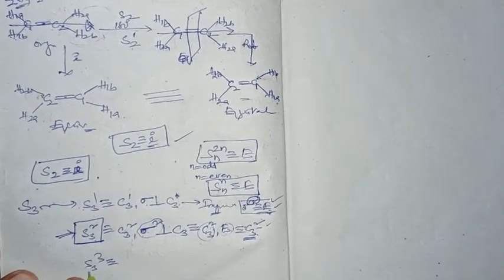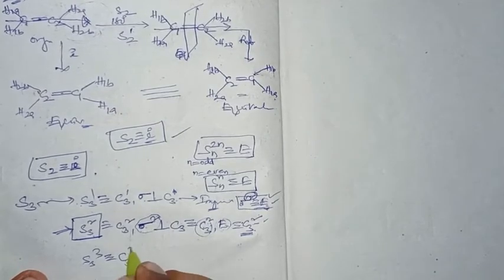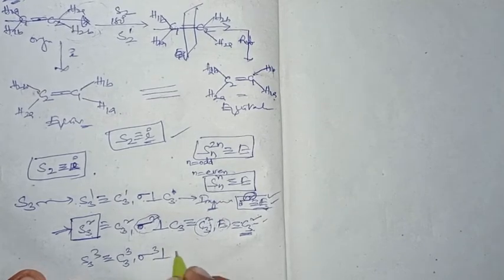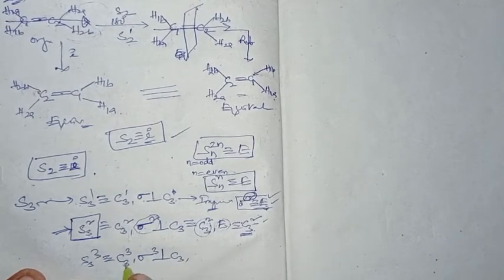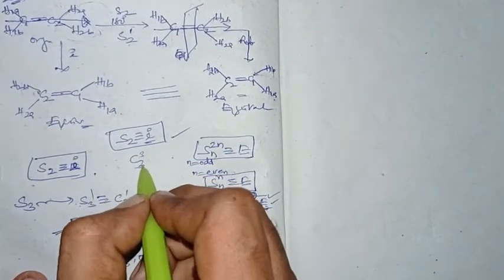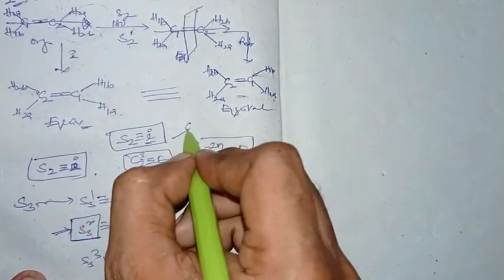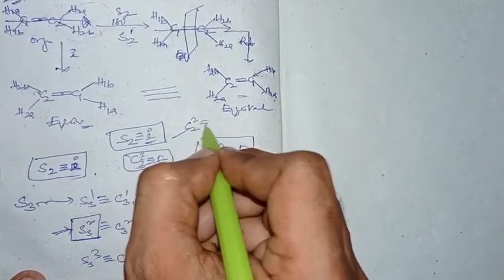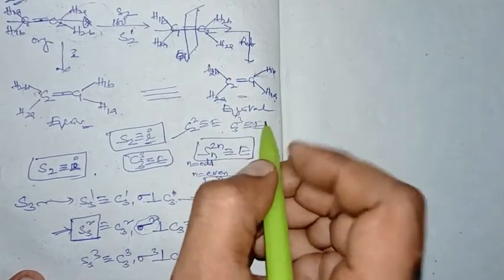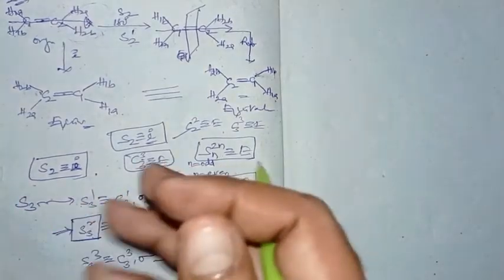Now coming to the third-fold improper axis third time, which means the rotational axis three times and the plane three times, which is perpendicular to the C3. We know that doing the rotation axis its fold number of times is equivalent to the identity. Doing the second-fold rotation axis second time is equivalent to E. Doing the third-fold rotation axis third time is equivalent to E. Doing the fourth-fold axis fourth time is equivalent to E. This is what we have done already.